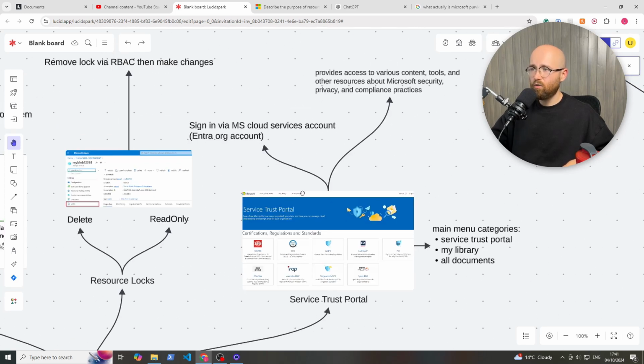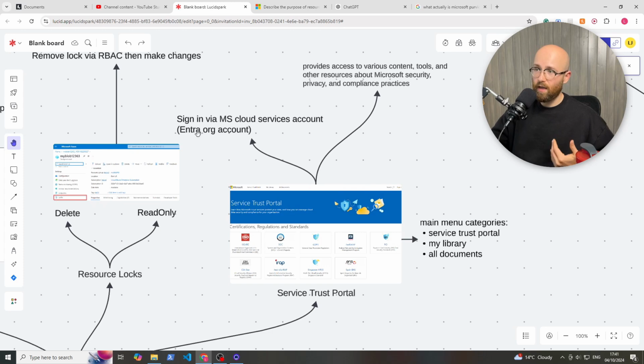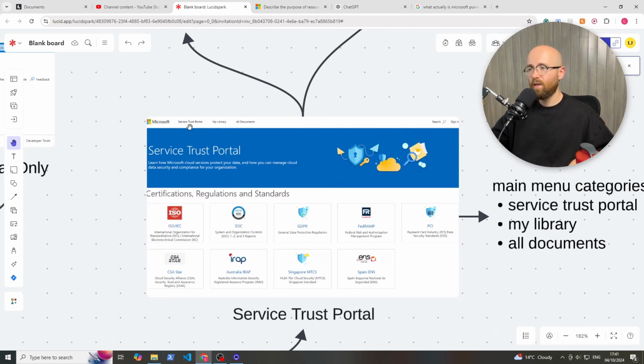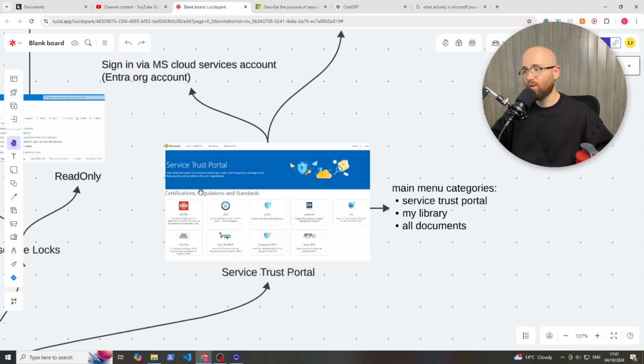Now, on the Service Trust Portal, you get in it using your Entra org account, so your Microsoft Cloud Services account. It provides access to various content, tools, and other resources about Microsoft security, privacy, and compliance and practices. On the main menu, you get the Service Trust Portal, My Library, and then All Documents. So if we look at here what it would look like, basically you come in and you'll have, see, Service Trust Portal, My Library, all documents, and then you can pin them and they'll stay in your library. But basically, as it says, learn how Microsoft Cloud Services protect your data and how you can manage cloud data security and compliance for your organization. So it's just for